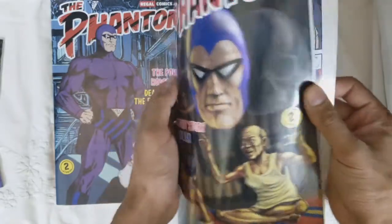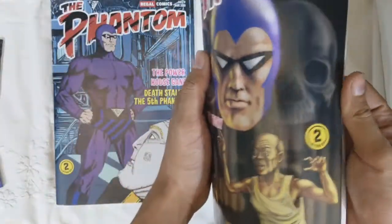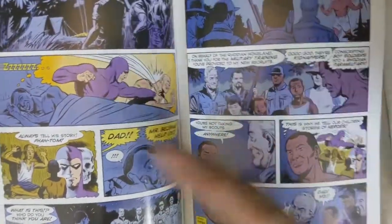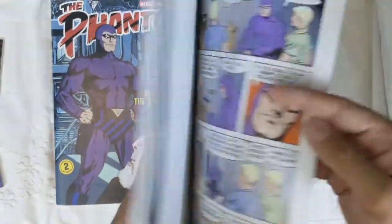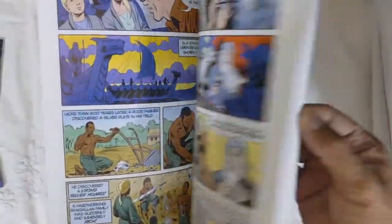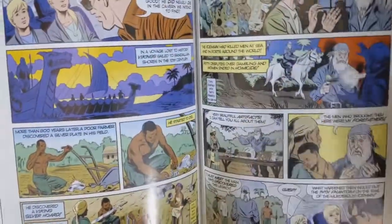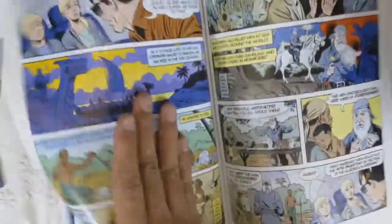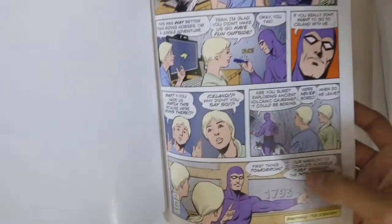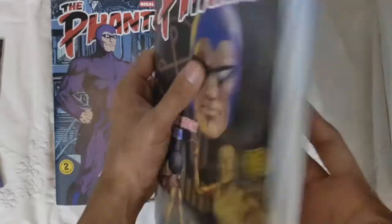Issue 10 has the ghost story and Iceman. Now the ghost story is again about the 21st Phantom, how he uses his legend. It's a very standard Phantom story. Whereas the Iceman is a story which shows the rich history of the Phantom. It goes back to his ancestors, I think the 15th Phantom, if I'm not mistaken, about how the 21st Phantom is trying to finish the story of the 14th Phantom. An incident involving the 14th Phantom was left unresolved, and it takes them